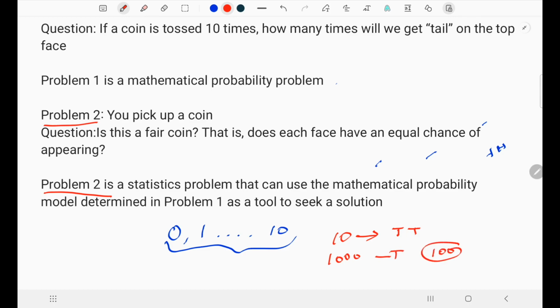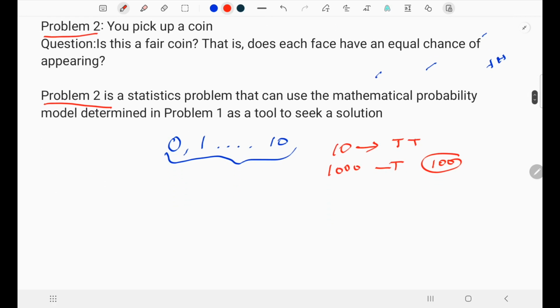Compare this result and produce the frequency table. We have already spoken about the frequency table. If we make the frequency table, we can compare these frequencies with those produced by the mathematical model for a fair toss in problem 1. If the frequencies from the experiment are quite dissimilar from those predicted by the mathematical model for a fair toss, and the observed frequencies are not likely to be due to chance variability, then we can conclude that the toss is not fair.